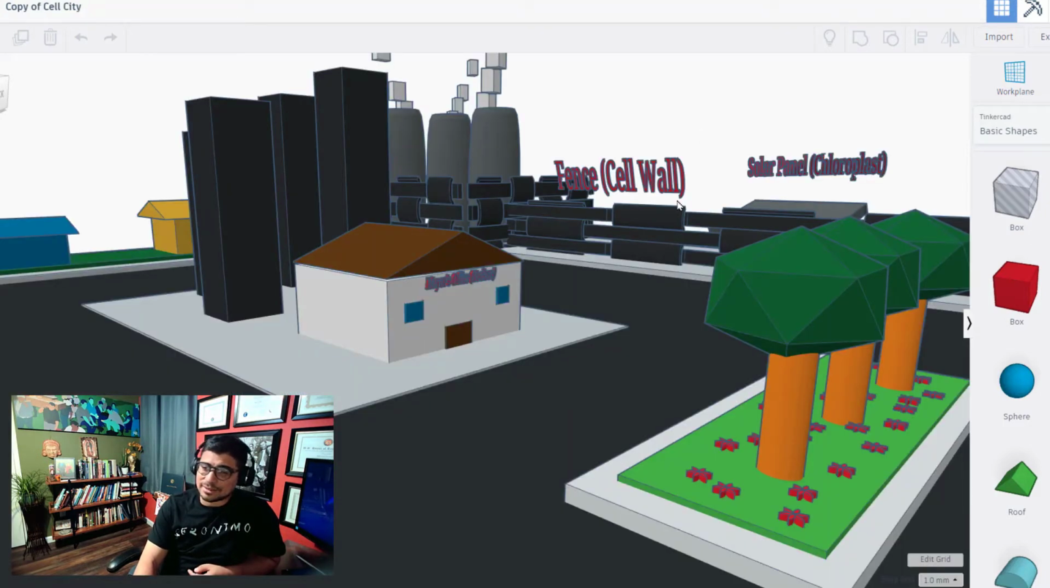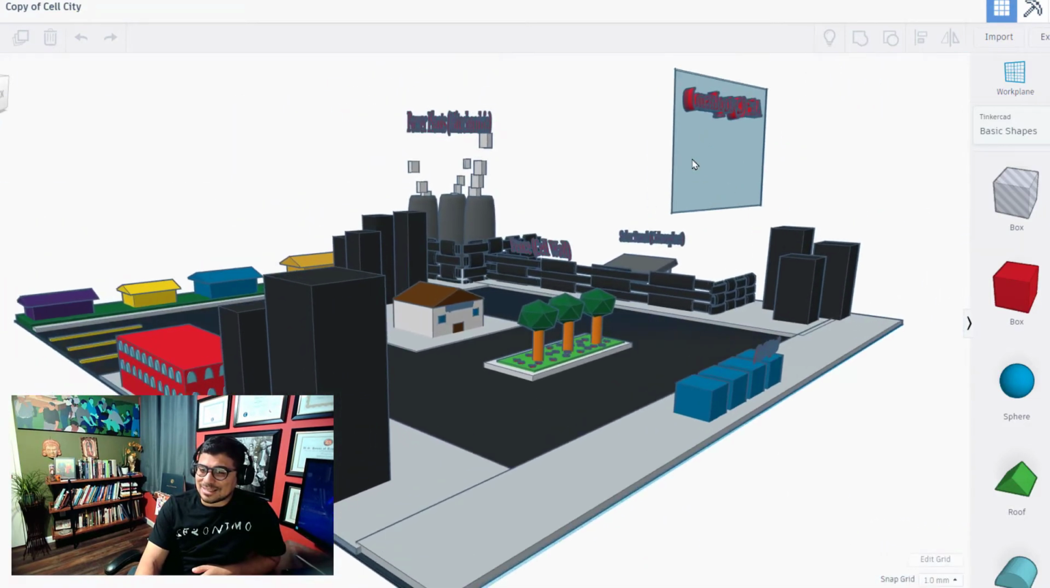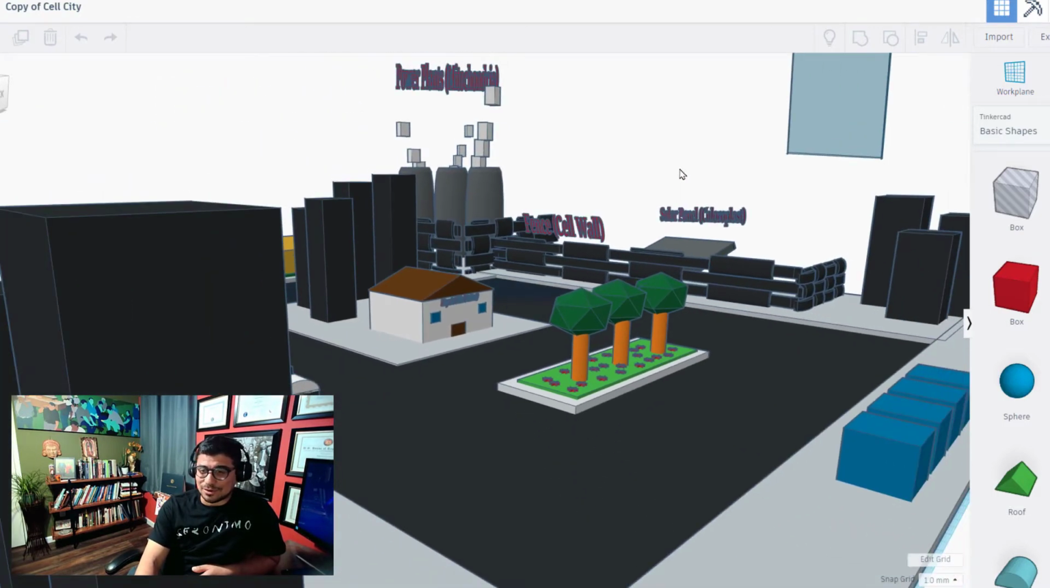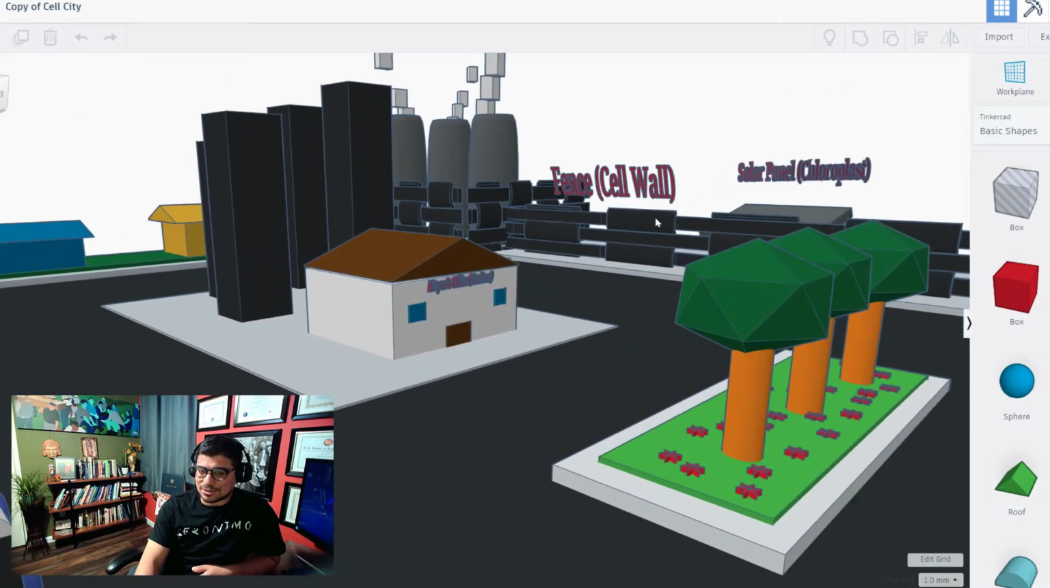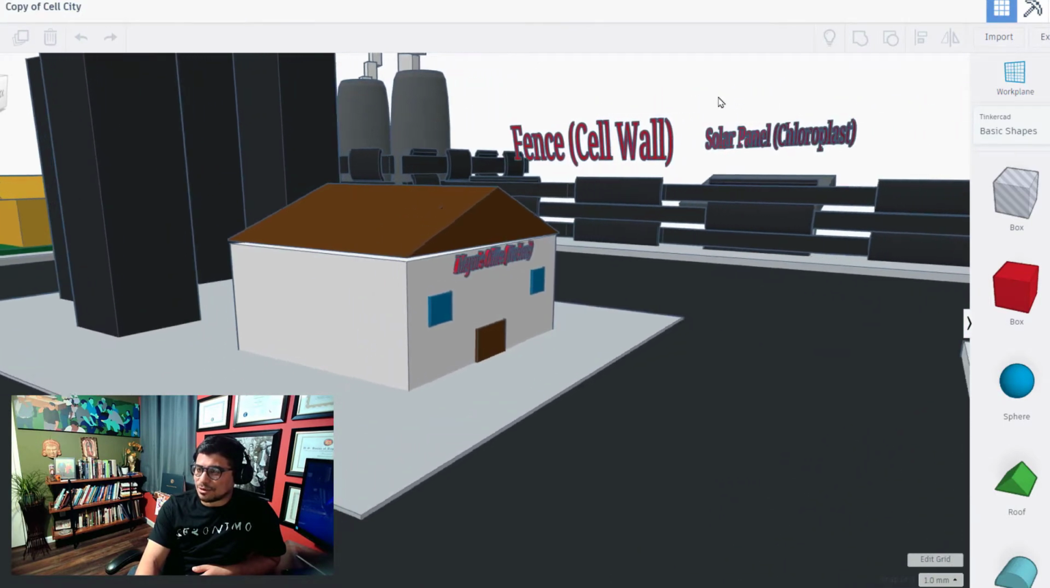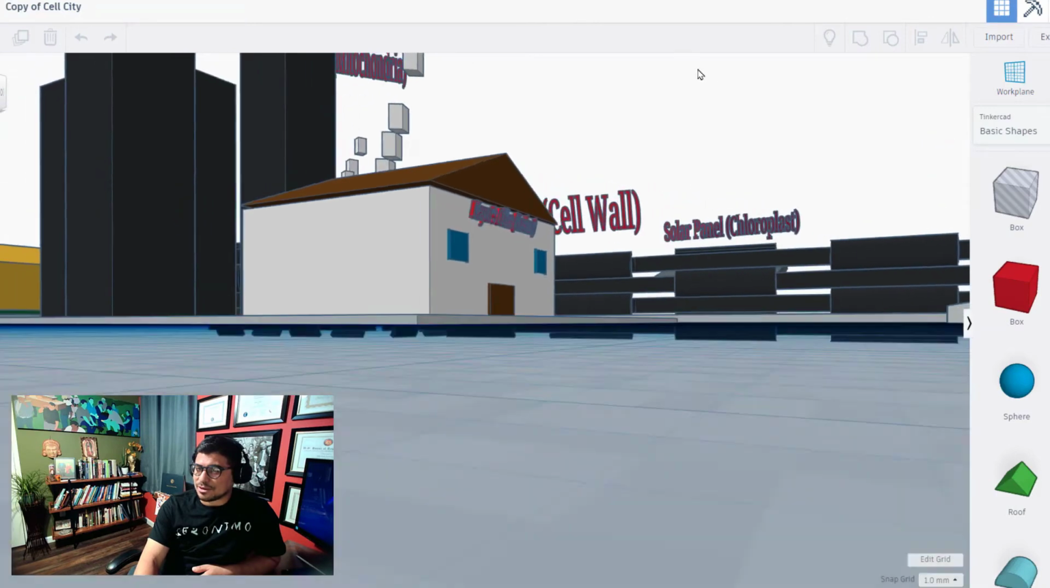Now this one here is a gem and went to a whole other level. This is 8th grade, and the student modeled a city and gave each part of the city a function in the cell. So if a city was a cell, or if a cell was a city, what would that look like? And so you see here, the mayor's office would be the nucleus, the fence would be the cell wall, the solar panels would be the chloroplast,